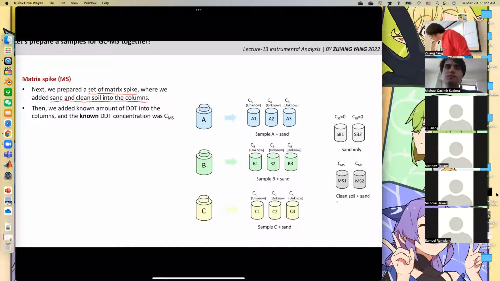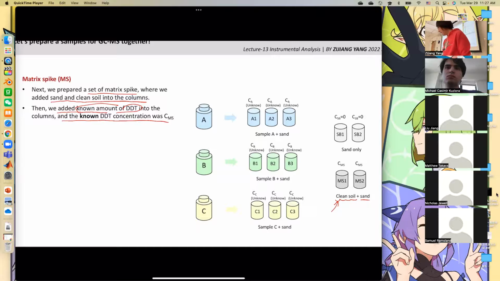The clean soil can come from other places that are not contaminated, or we can purchase it from some company that sells very clean soil. And then we add a known amount of DDT into the columns, and the known DDT concentration is CMS,